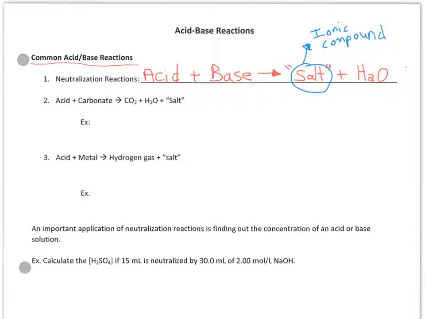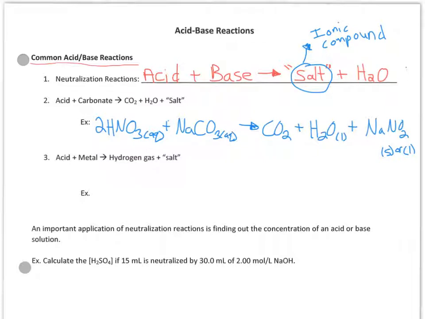The next example is a reaction between an acid and a carbonate, and it makes carbon dioxide, water, and again, that salt or ionic compound. So an example would be reacting nitric acid plus sodium carbonate, because our carbonate that we're talking about right here, CO3, is just like that polyatomic ion that we learned about. So the reaction is nitric acid plus sodium carbonate makes carbon dioxide, water, and then sodium nitrate, either in a